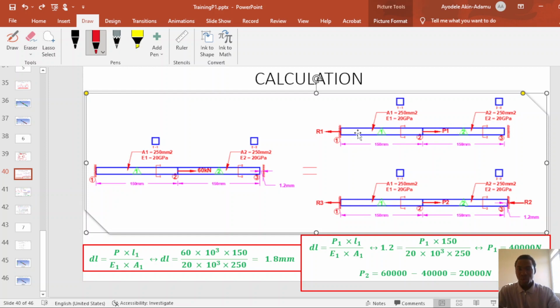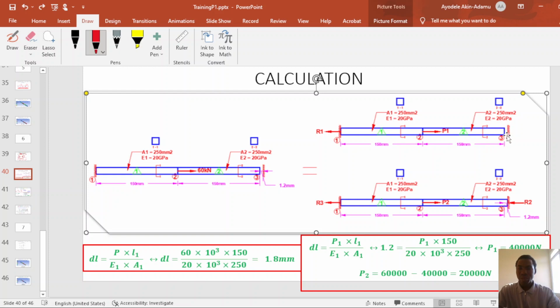P1 causes a reaction, but only at node 1, but P2 will cause a reaction at both node 1 and node 3. So on my left hand side, this structural problem can be broken down into two effects. That is force P1 that stretches the body just to this support,